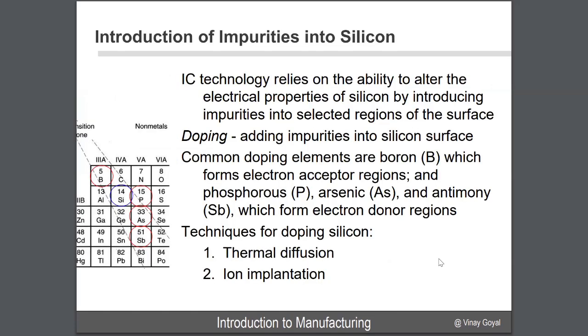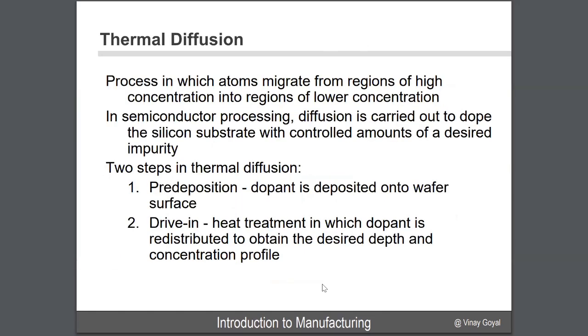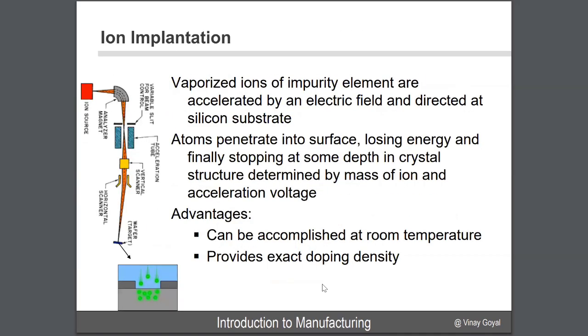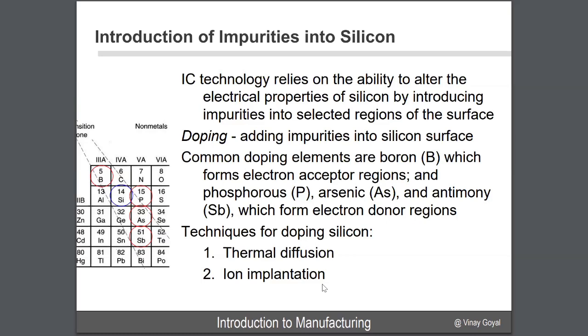We can also introduce impurities into silicon, and we do that on purpose. We call this doping, and we do that to be able to dial in what we want in terms of insulation. There are 2 approaches we discussed in the very last lecture: thermal diffusion and ion implantation. We discussed the thermal diffusion process, which is number 1. And then we talked about ion implantation. Both are trying to achieve adding impurities into the silicon surface. And again, we're doing that to alter the electrical properties so we can get the properties we want